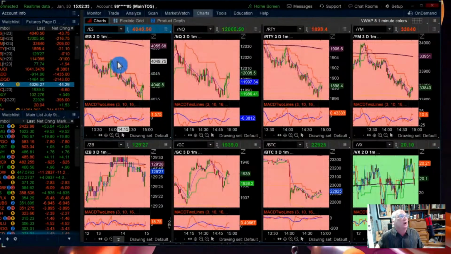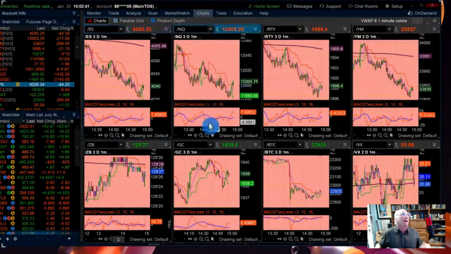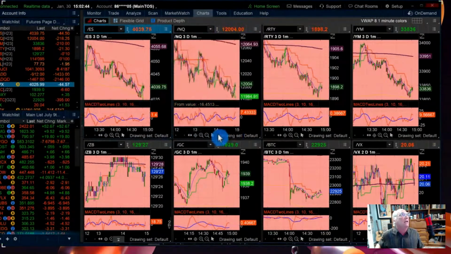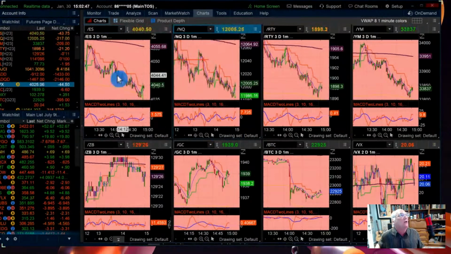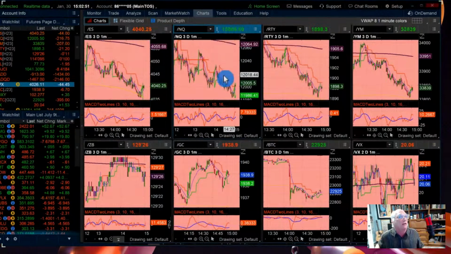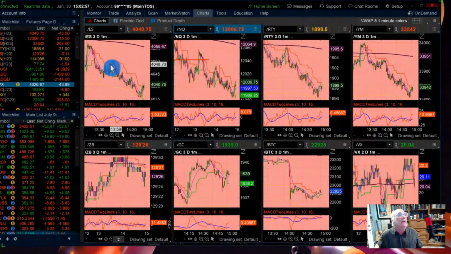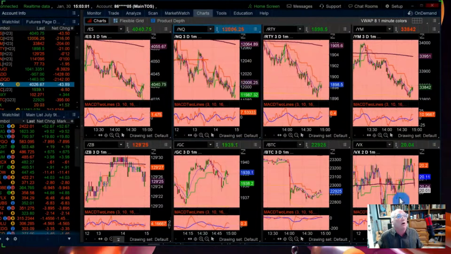This is the ATR trailing stop. I'm not caring about that right now. No pun intended, Karen, that was just coincidence. I'm not caring that much about the ATR trailing stop right now. I'm caring about how far the NASDAQ is from all these. That doesn't mean you have to go straight up, but to me, it means it's not the time to be shorting. Also, the VIX was on the rise and has already gone down.